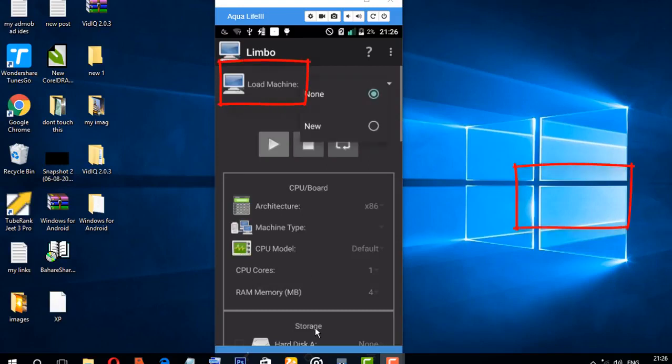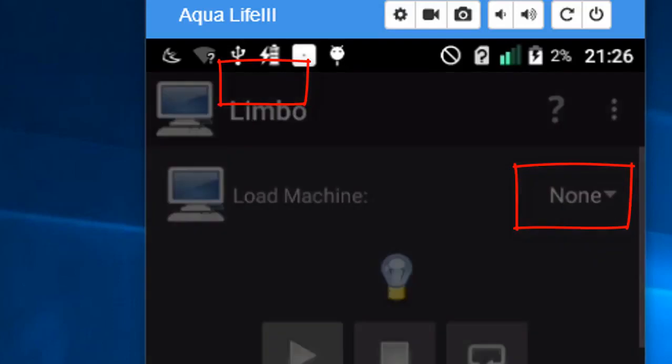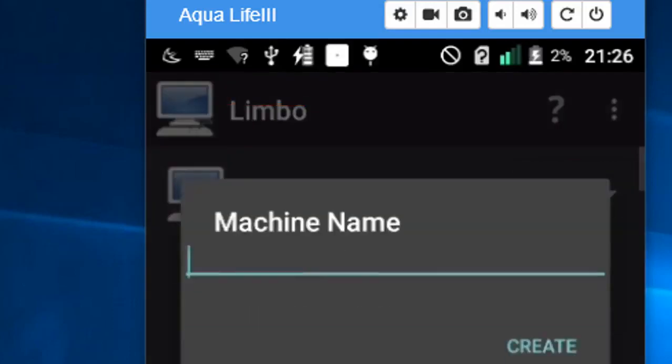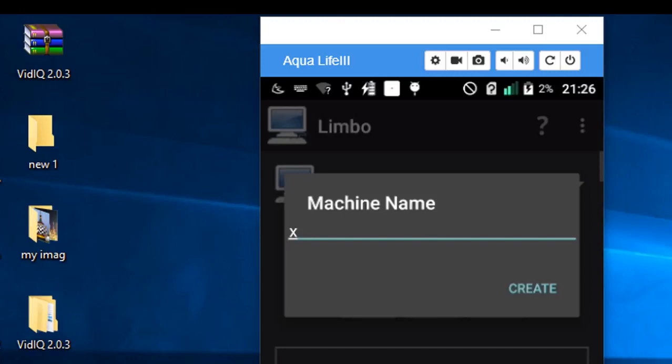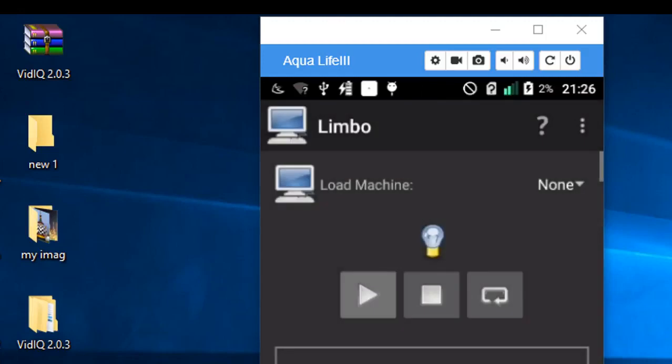okay, and make a new one. Write the name like you like, you make the name. I am writing XP. This is the first thing. And second,